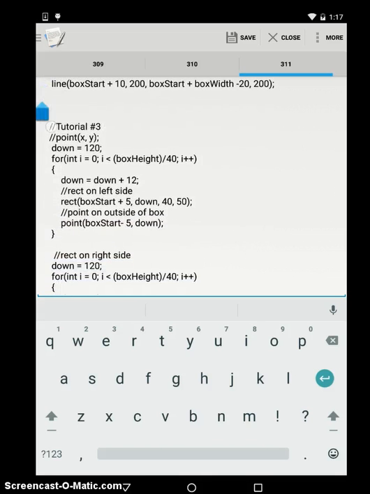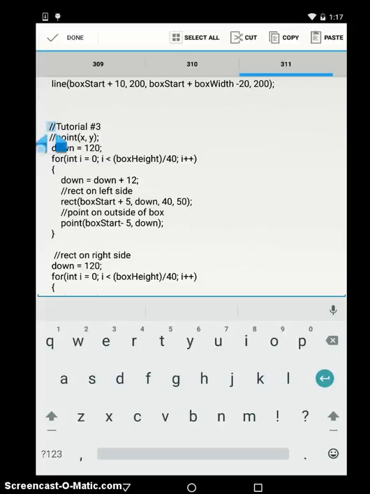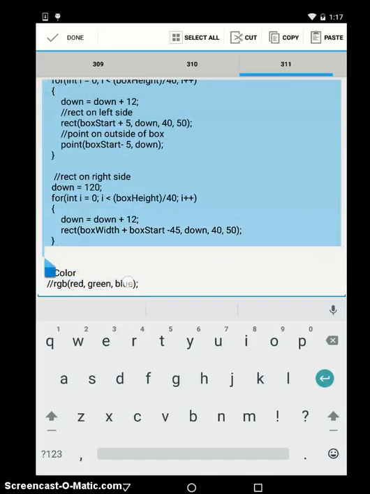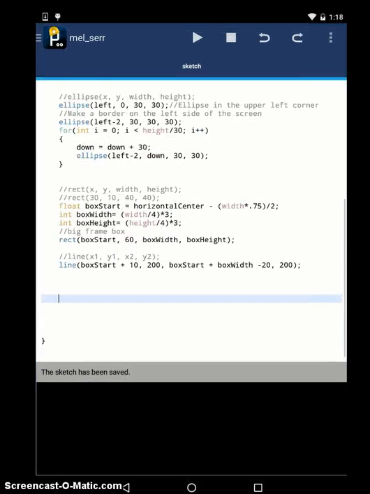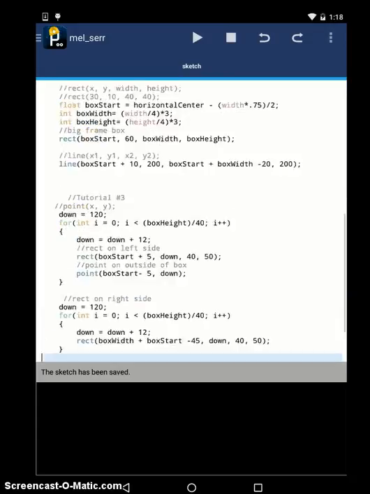So I'm going to grab this beginning part of tutorial 3, up to the color. We'll do the color in a minute. I just want to grab this part first so you can see piece by piece the changes that we're making. Just like in the previous tutorials, we highlighted and copied that code, and then held our finger down here in the IDE to paste that piece of code. And so just to talk about this new piece of code that we've gotten in here,